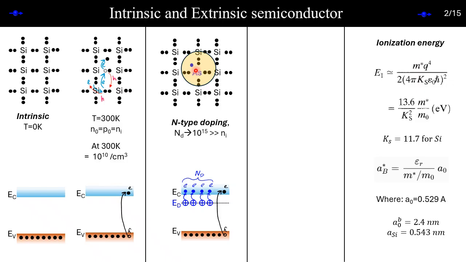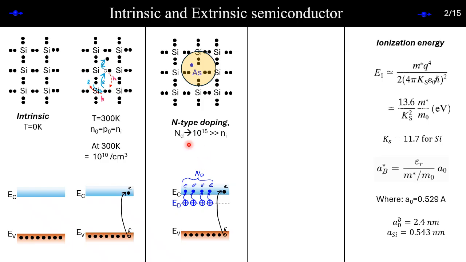Later on. But for the time being, just assume that if you apply a little bit of thermal energy, then we can get this free electron. And in addition, we have this process still going on. But now, these thermally generated electrons, or electron hole pairs, are less in number, ni.